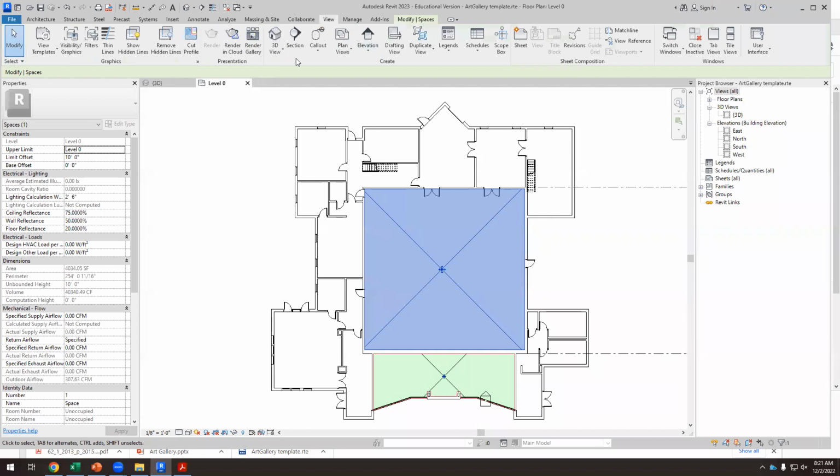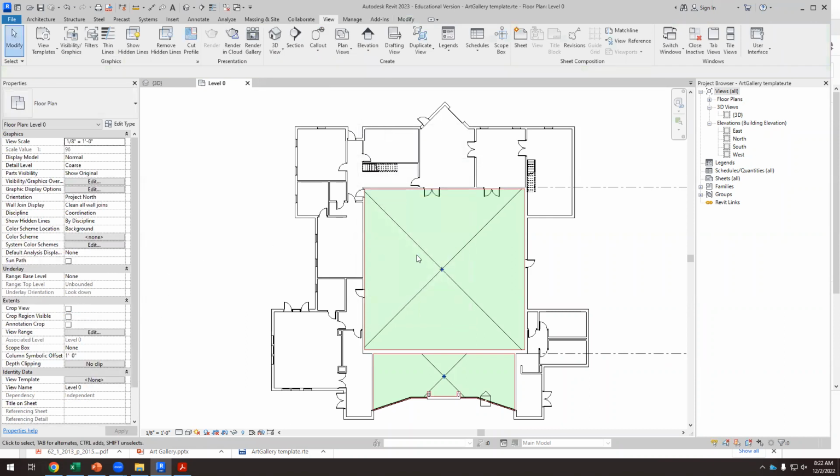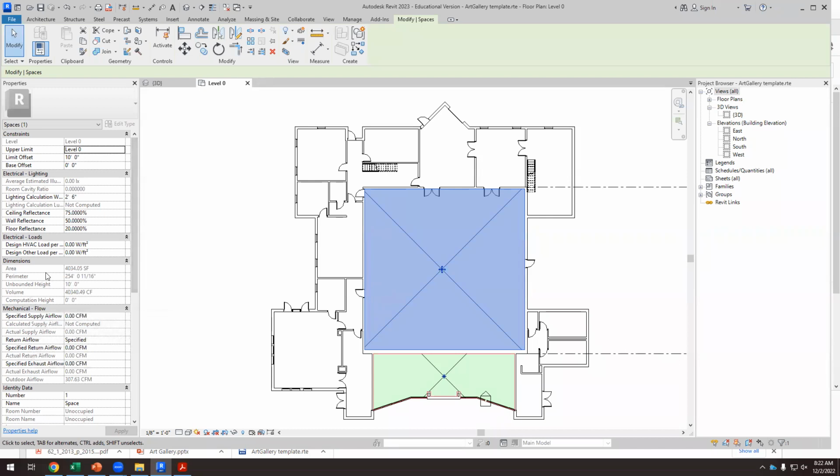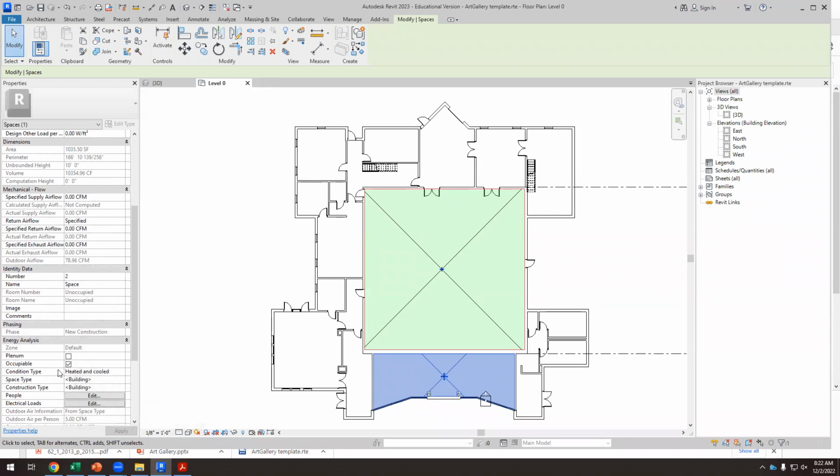Go to view, plan views, floor plans, and here you have a list of plan views. So if we select that space, we have the area here. Okay, so this art gallery has like 4,000 square feet. The lobby has like 1,000 square feet. Okay, so here, if you select the space, you have the area of the space. And then here you have some information about people. Okay, so if you edit people here,